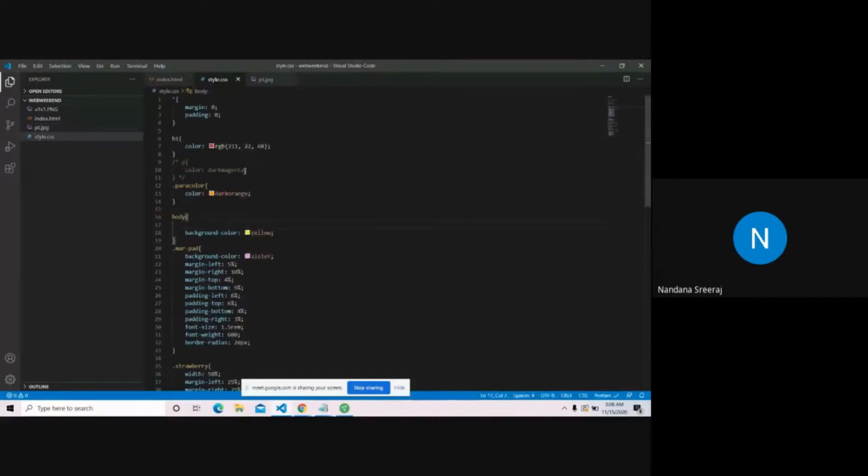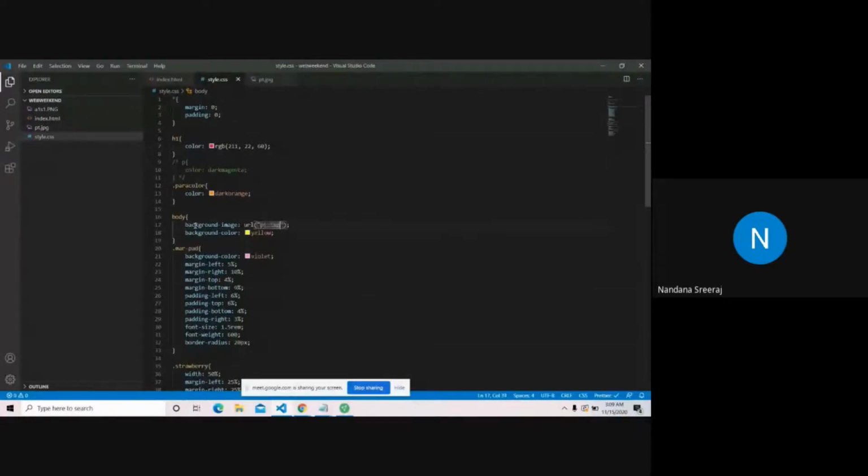So how to set a background image? Where should the background image actually be? We have set the background color for the body tag only, so here only we have to give the background image. We have an attribute named background-image. For every image, when we used the image tag, we gave the source and the path, the name of the image. Here also we have to give that. We have something called URL, and inside the URL we're supposed to give the path of the image.